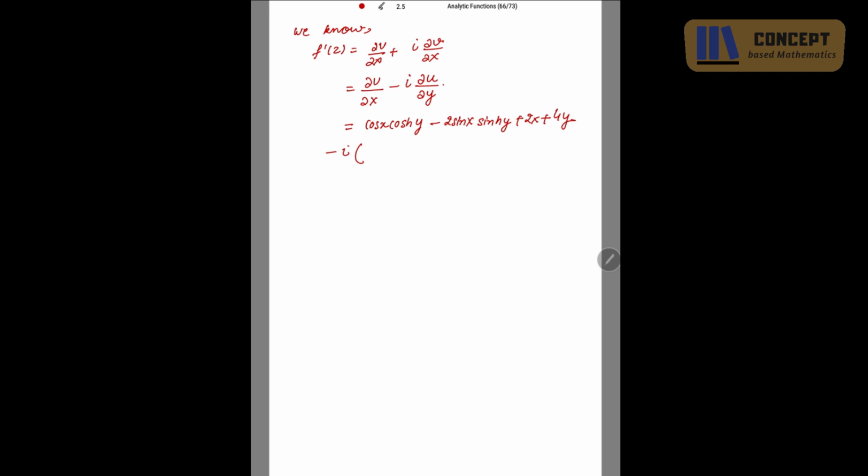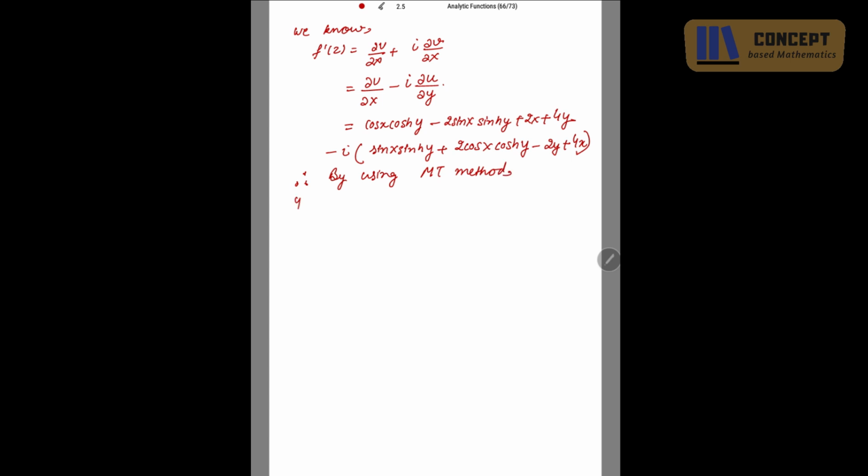What is del u over del y? That is sine of x sine hyperbolic y plus 2 cos of x cos hyperbolic y minus 2y plus 4x. So many terms, right? If I use the Milne Thompson method, this will be very easy for you to evaluate. So by using Milne Thompson method,